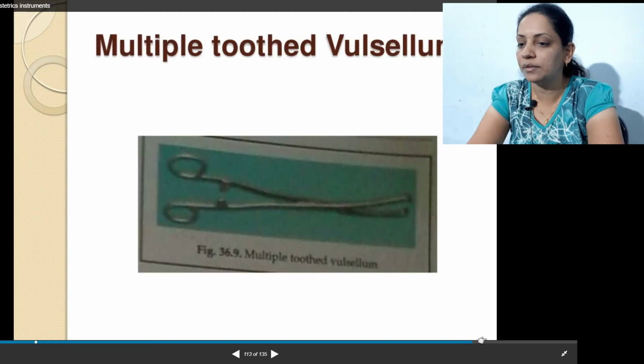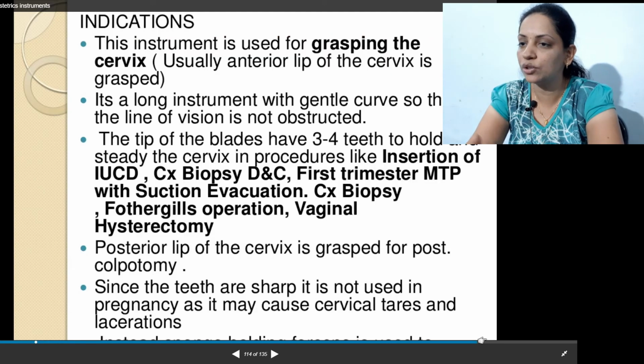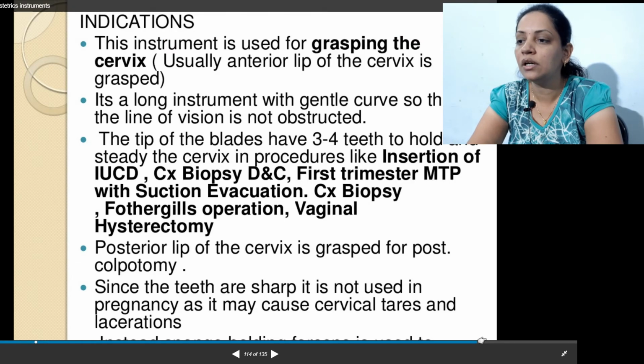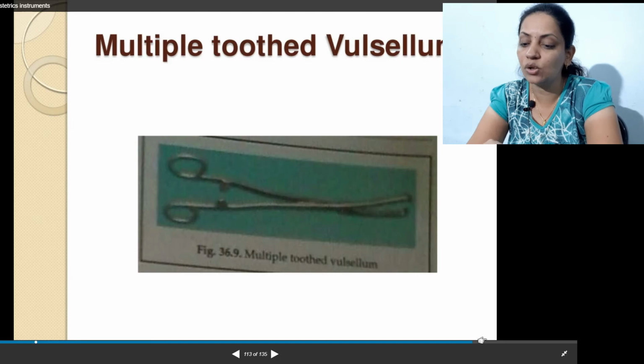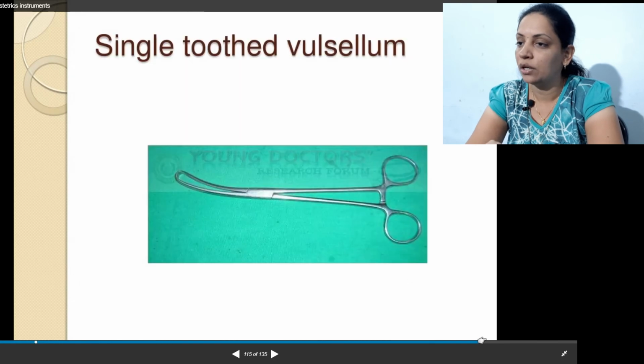Now this is the volsellum. This instrument is for grasping the cervix, and we use it in insertion of IUCD, biopsy, D&C, MTP, suction evacuation, and many procedures, including hysterectomy, as we can grasp a structure or any organ with this because it does not have a sharp end.